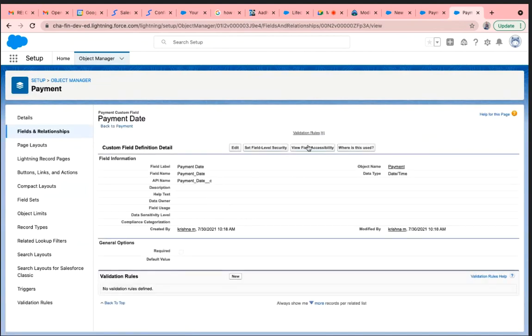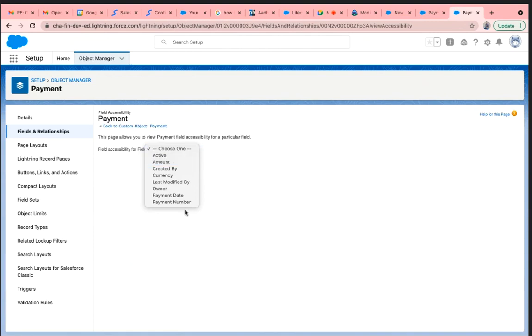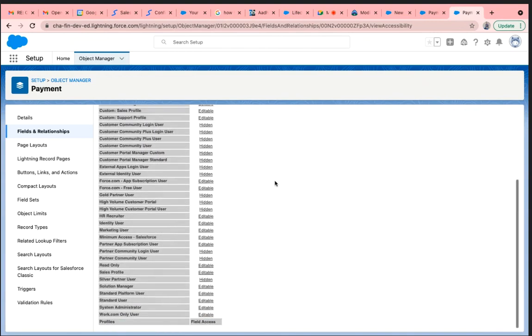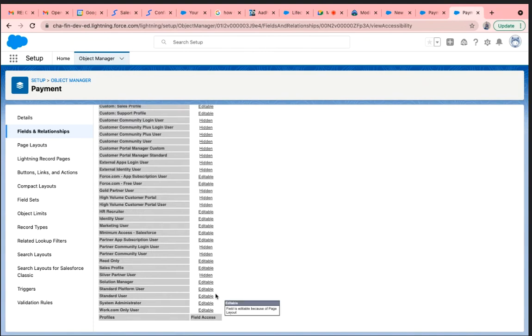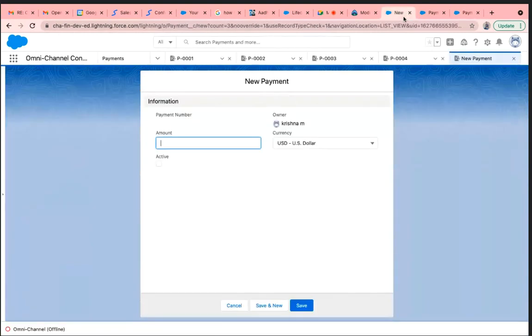For this field, you can check over here who is able to see it. What are the field payment date? You can see who the people are that are able to see. It is editable, so it should be visible.